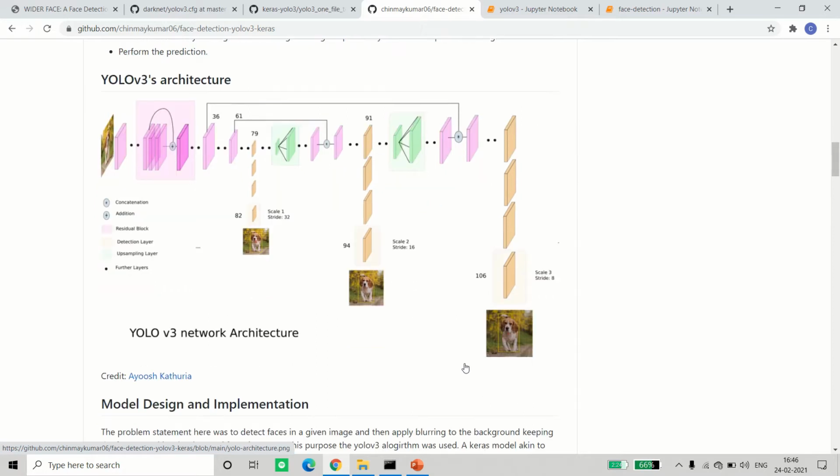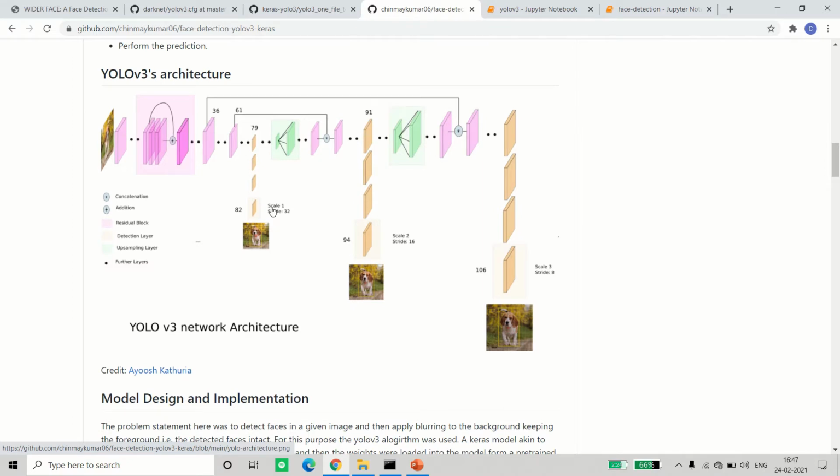Then finally at 106 it's divided into a 52 by 52 grid, and every cell has 3 anchor boxes, so in total 9 anchor boxes are predicted for every cell. So that is 13 into 13 into 3, 26 into 26 into 3, 52 into 52 into 3, and overall when you add them, that becomes some 10,000 plus anchor boxes.